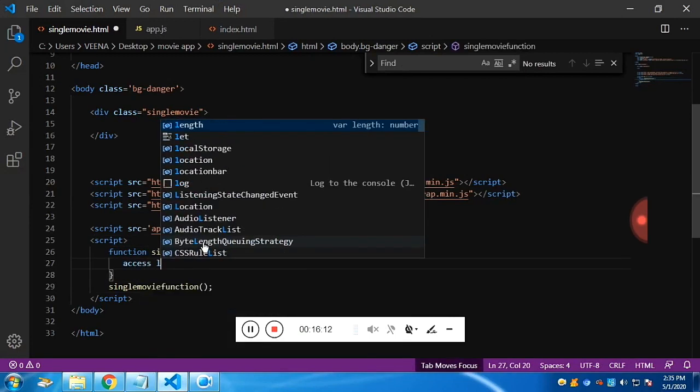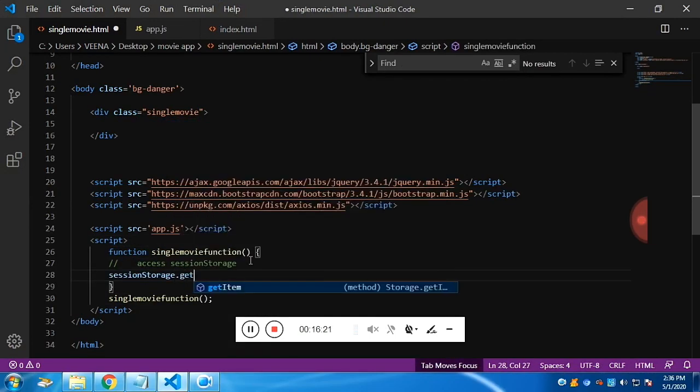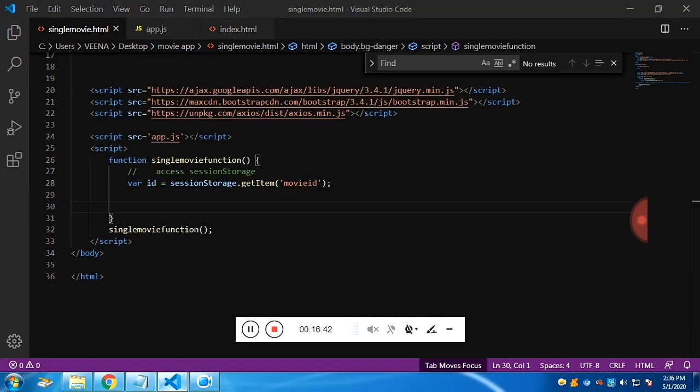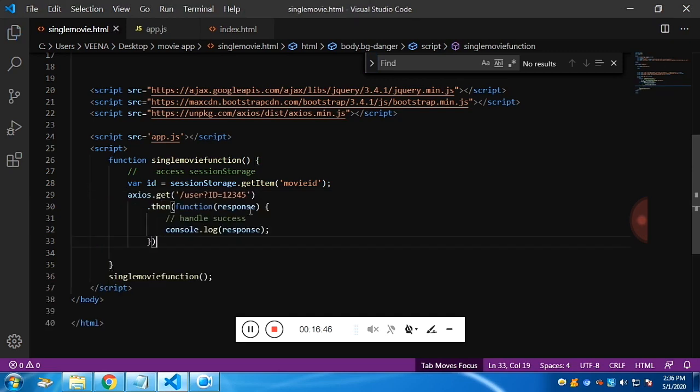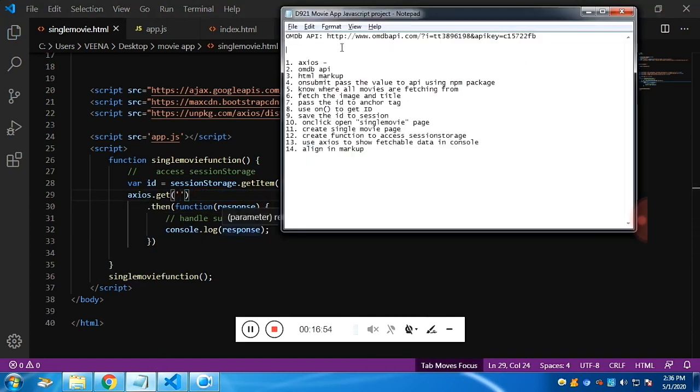Now access the local, that means session storage, with the help of getItem, and we need to pass the key. Here the key is movieId, and let's store it into a variable called id. Once it's done, now we will use the same Axios code, and we will be passing the URL. Previously we have used s.